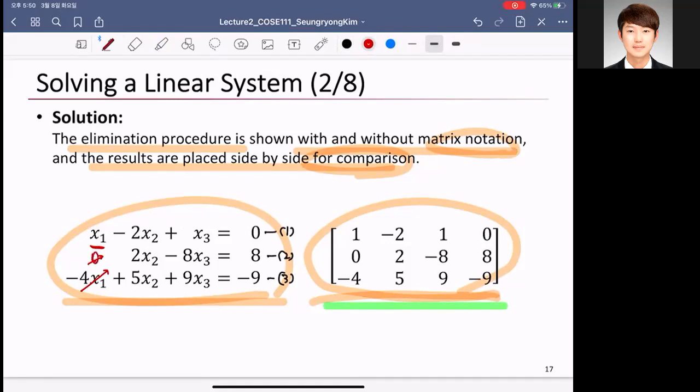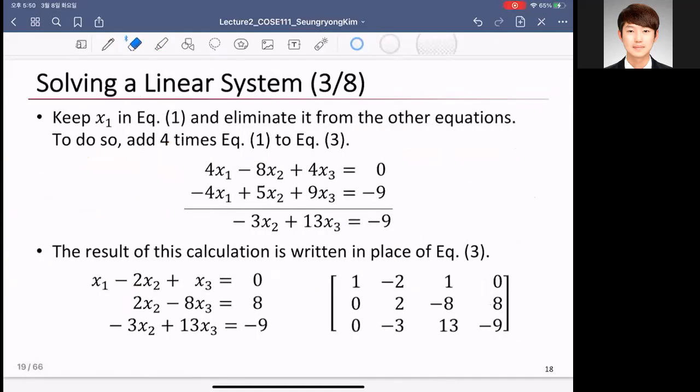Because this is already 0, we want to eliminate this term, -4x1. How can you do that? To do so, add 4 times equation 1 to equation 3. In Korean, what does that mean? Multiply equation 1 by 4 and add it to equation 3, and then that term disappears. Right? You all know this already, right? So,